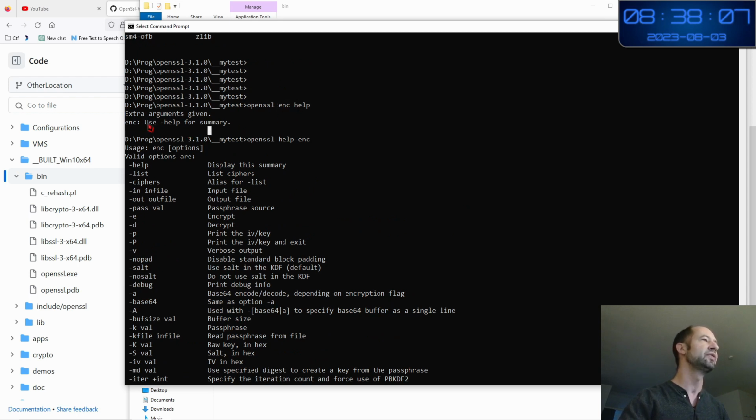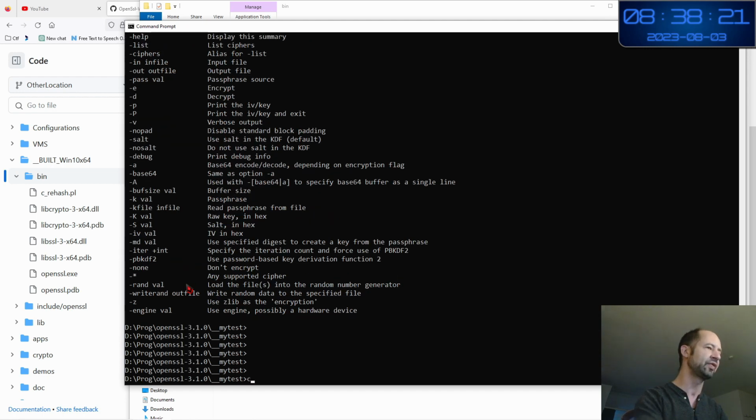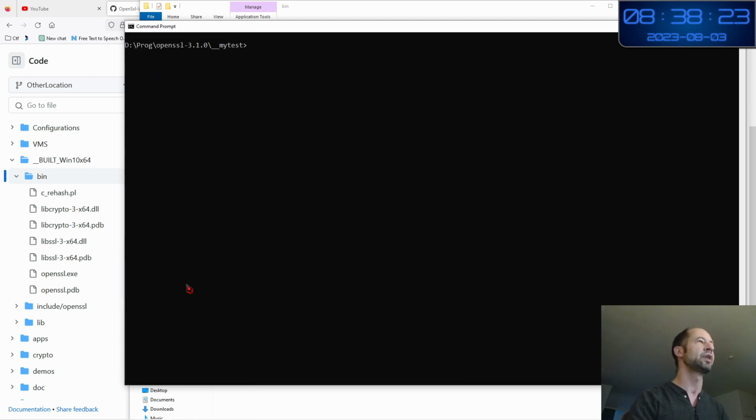So here you see usage enc, then options, and then you have more help for the encryption. What I want to stress is how to find the documentation by yourself so that you can do whatever you want.